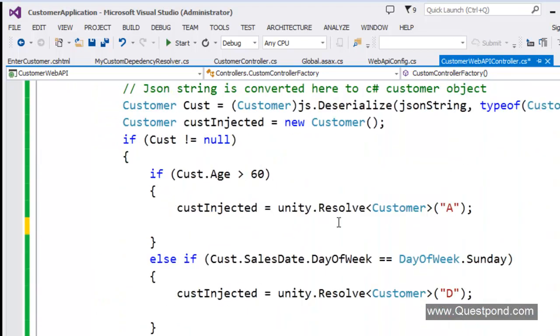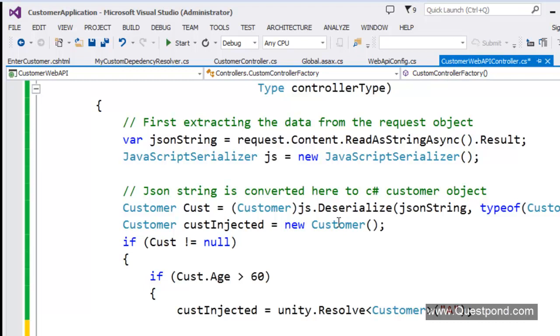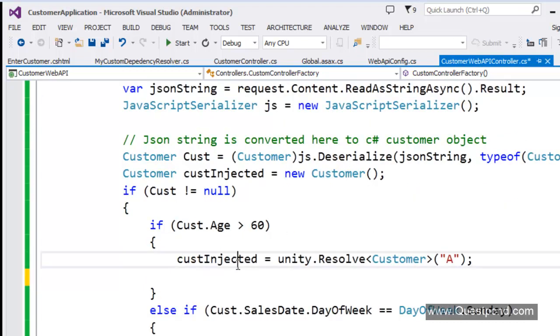Okay. Now the problem here is that this cust injected object is fresh. In other words, when you say unity.resolve, it actually creates a fresh cust injected object and gives it to you. It does not have this data. The data that has come from the UI, it does not have it.